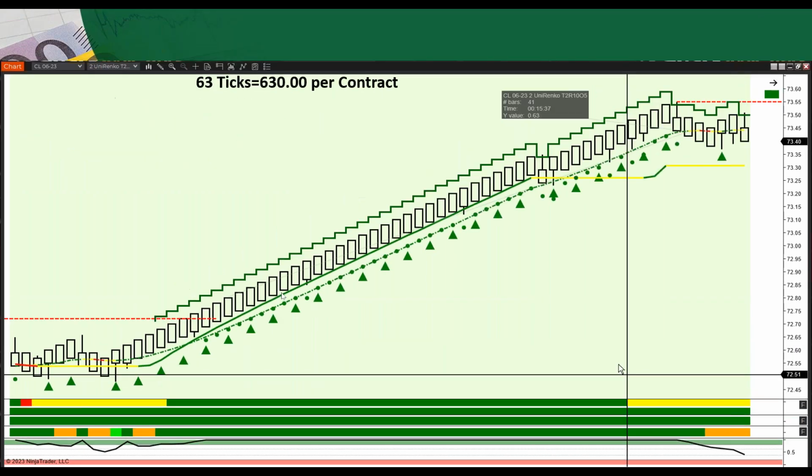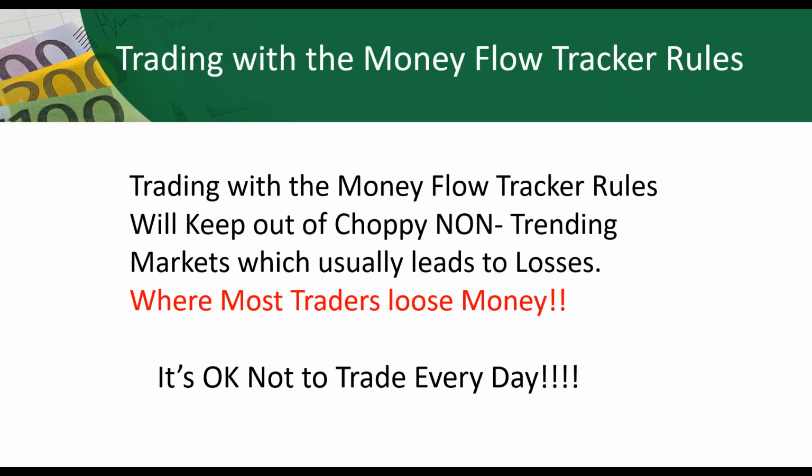So there's the setup. This would be the trade right here. This would be the entry right here, and we exit when the dot dash line changes color. So this would be 63 ticks, so $630 per contract, right? So trading with the money flow tracker rules will keep you out of non-trending, choppy markets, which usually leads